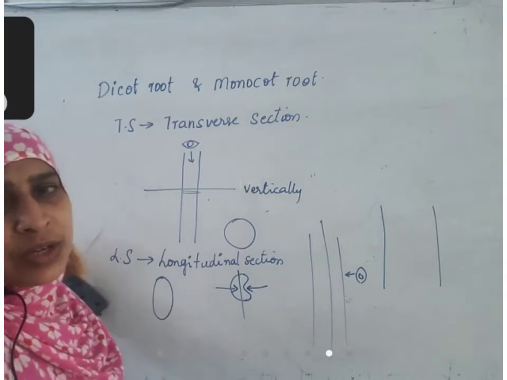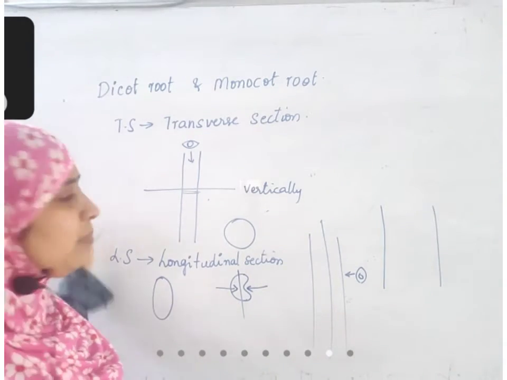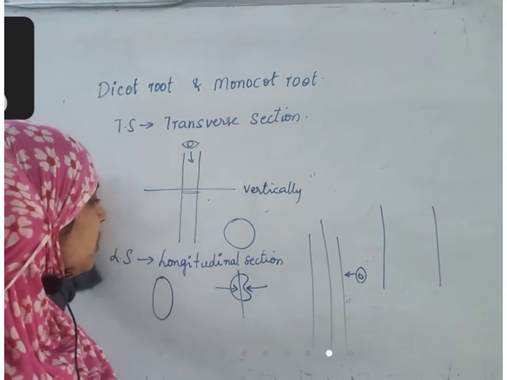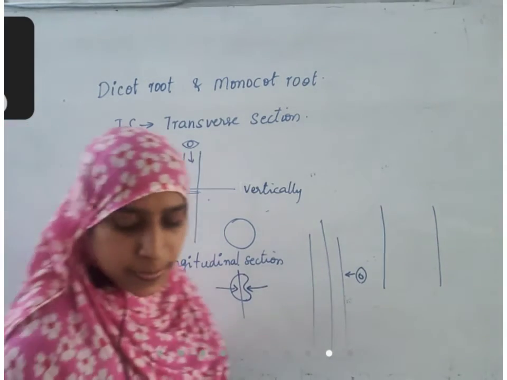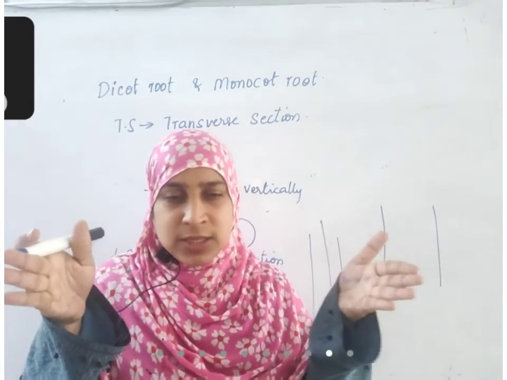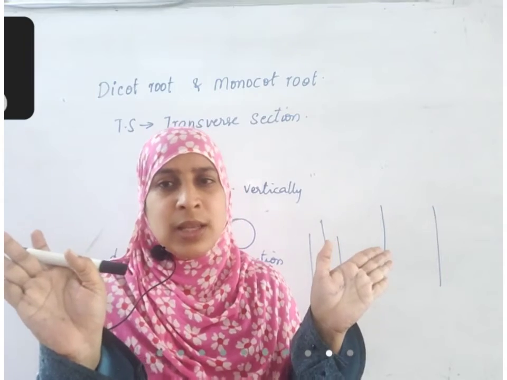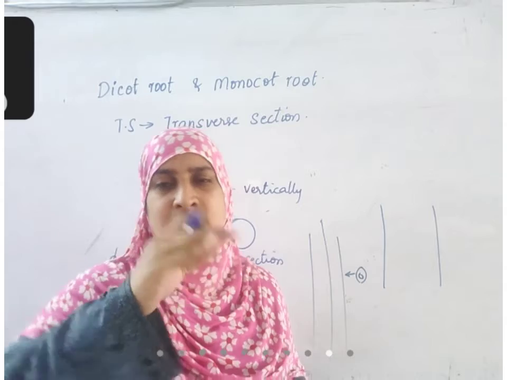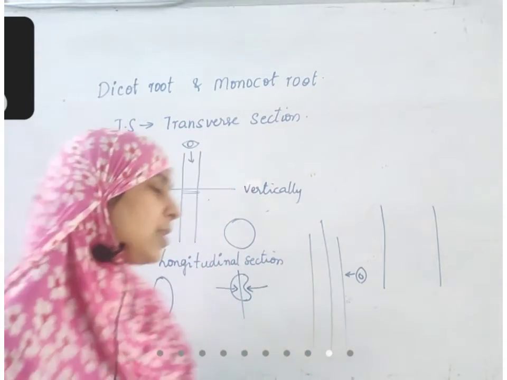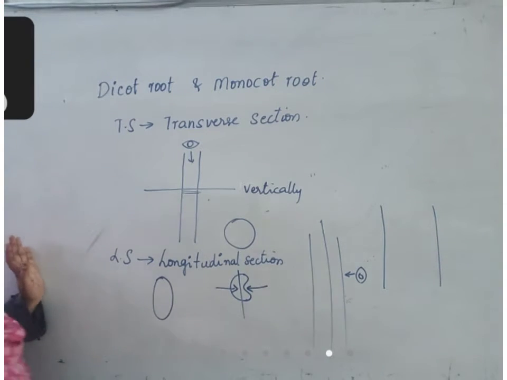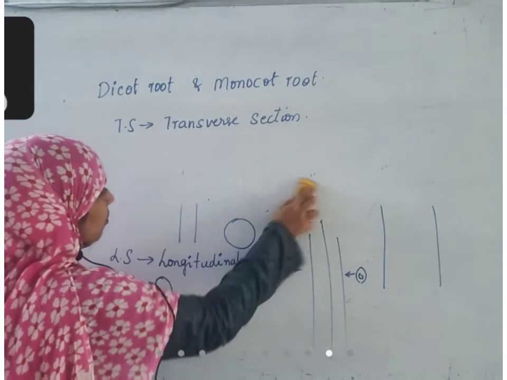Generally, most of the time we are observing in transverse section. For some organs, we observe longitudinal section also. Like when we cut the brain, we are cutting like this and we are observing this side of the brain and this side of the brain. That will be a longitudinal section. But when you are cutting plant parts, you are observing a small slice like this. So it is a transverse section. When we speak about roots also, we are speaking about transverse section of monocot and dicot root.